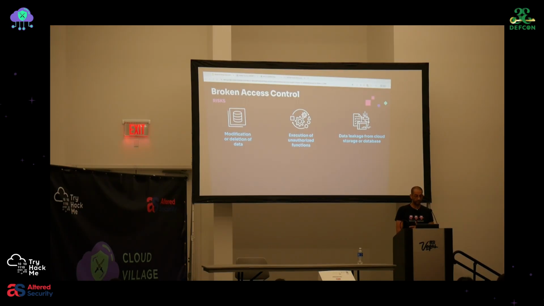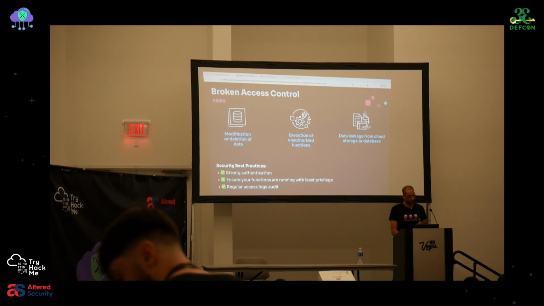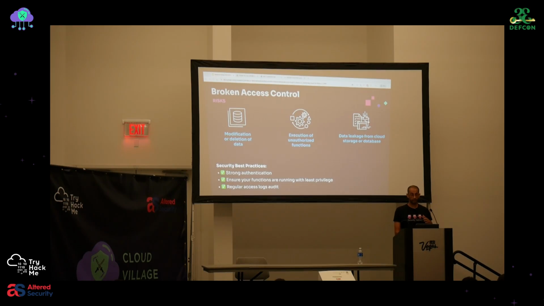So in that case, the best practices would be to use strong authentication, to ensure that your functions are running with least privilege. You will see along the talk that maintaining least privilege is highly important, whatever you do. And obviously to regularly